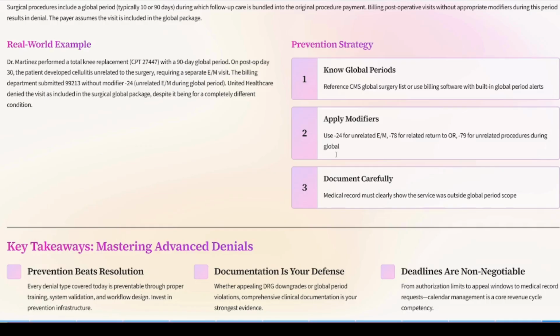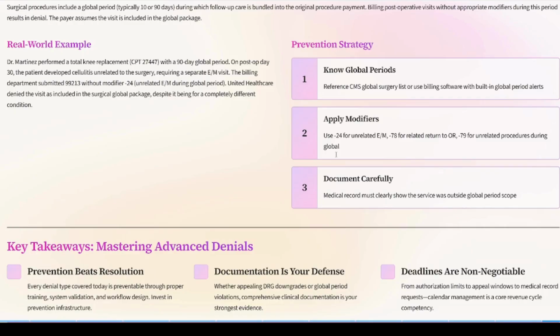Whether appealing DRG downgrades or global period violations, comprehensive clinical documentation is your strongest evidence. And deadlines are non-negotiable. From authorization limits to appeal windows to medical record requests, calendar management is a core revenue cycle